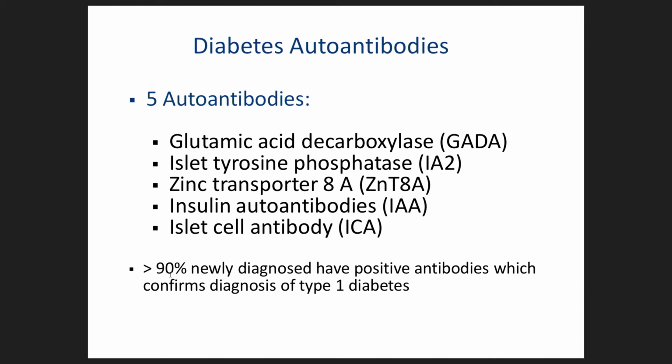We have found that more than 90% of newly diagnosed diabetes have positive antibodies to confirm diagnosis. But in real practice, not every child with type 1 diabetes gets tested for autoantibodies, only children with possible other types of diabetes. For example, if you have an obese child or adolescent who presents with diabetes, there is a 90% chance of type 1 diabetes, but because he or she is obese, there is a risk of type 2 diabetes.